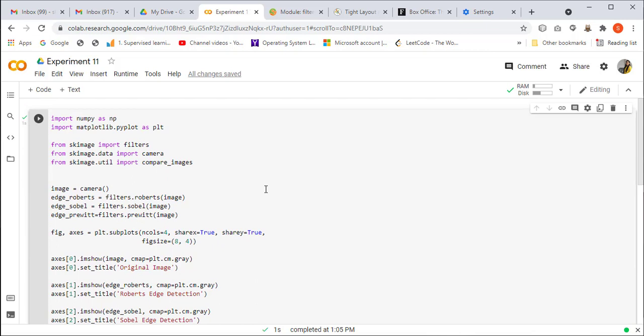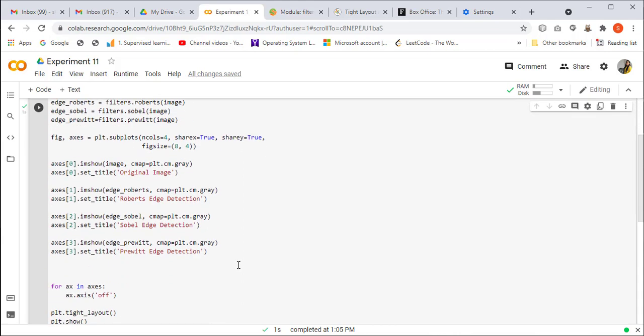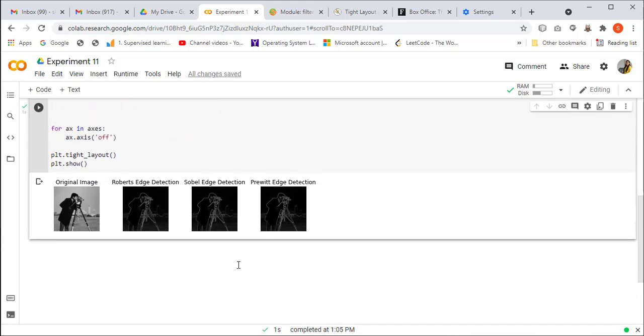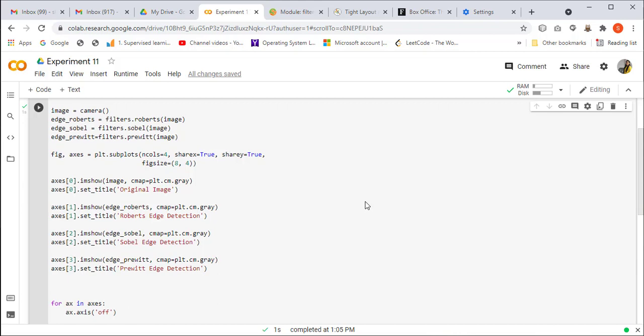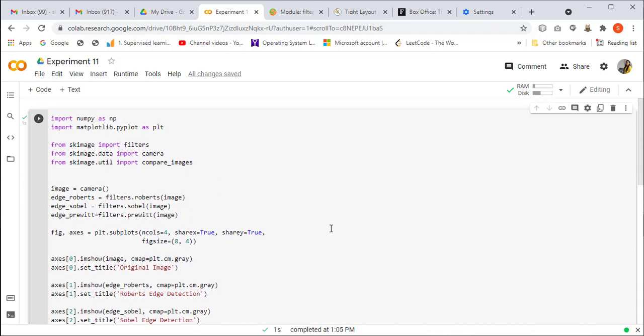With this we have completed our experiment number 11, which is image segmentation using Roberts mask, Sobel mask and Prewitt filters. Simple filters and functions are used for plotting all those images. I think the code must be clear to you all. In the write-up that is expected, you have to mention what segmentation is, and you have to mention all three masks or filters that we have used in this experiment. Mention all these things in the theory, and I will be sharing this code with you all. Please execute the code and check the output.